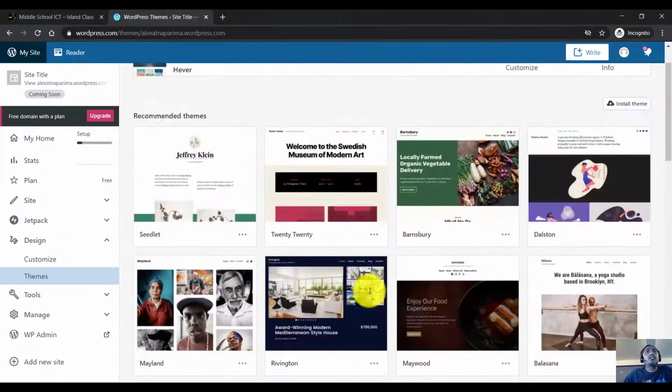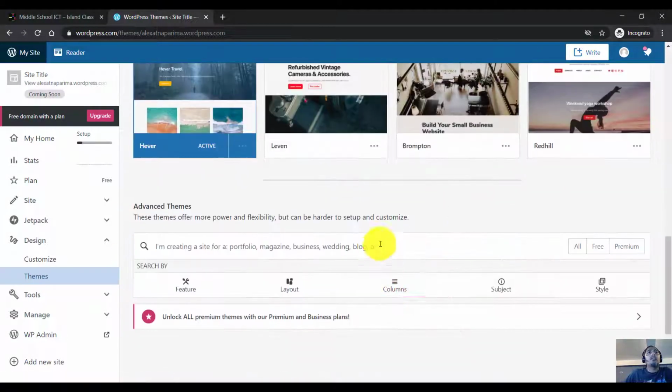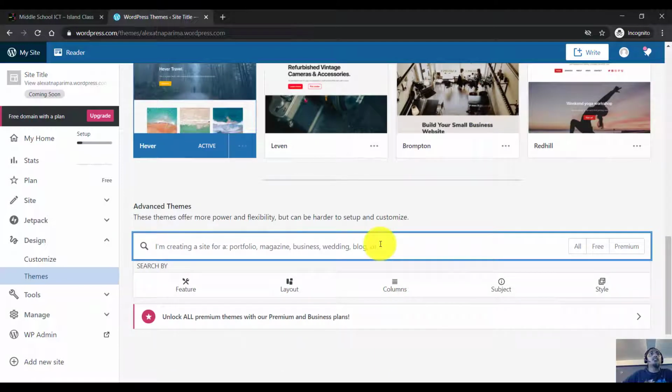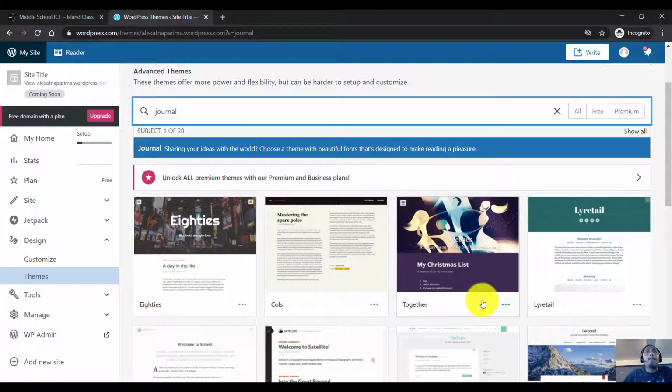I'm not seeing any themes that I might like. Let me go ahead and click into the search area here. Now when you click on more themes, the search area actually opens up here, and I'm gonna put JOURNAL, and